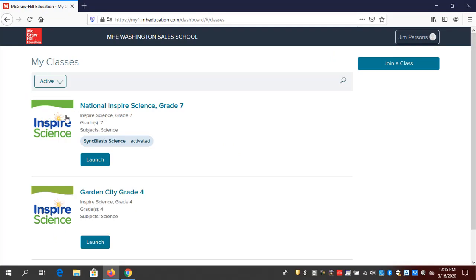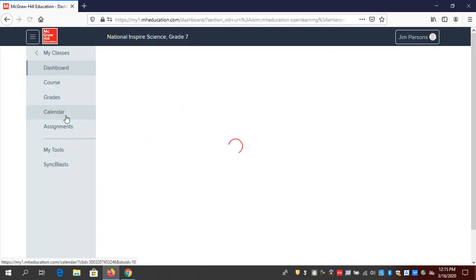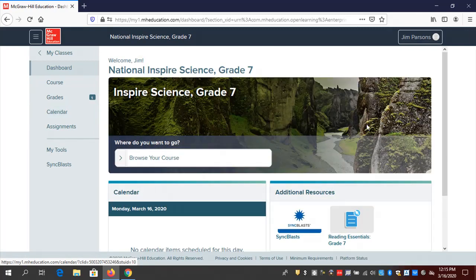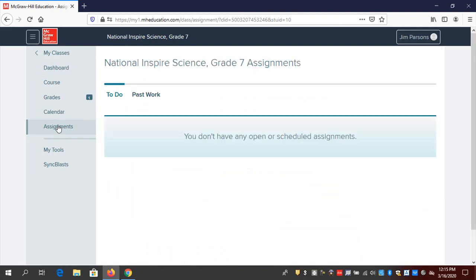And if I click on 7th grade, now the 7th grade experience looks a little bit more similar to the teacher experience. But I do have assignments here, and I do have grades. And if I click on assignments, that's where my assignments will be located. They'll be right here in my to-do section. And then once I've completed them, it'll show up in past work, just like it did on the 4th grade